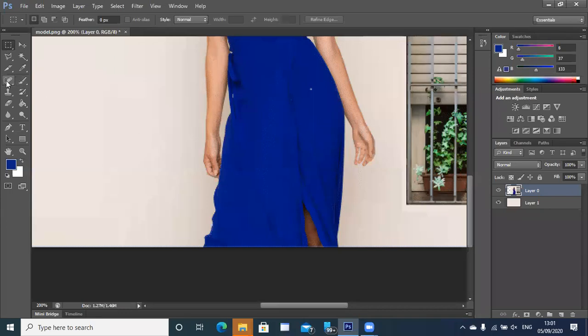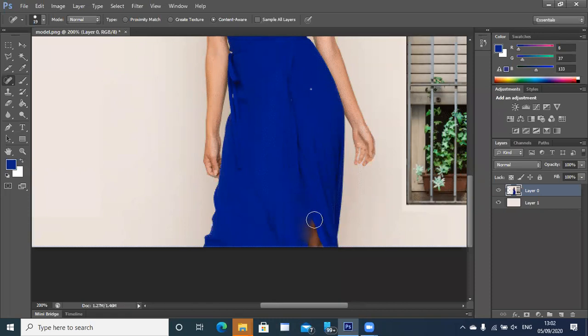How will I do that? So go to the spot healing brush. Move to the spot healing brush tool. Select the source area wherever you want to move the image. So what I will do is I will click the mouse where the sample surrounding area is there, and then I'll blend that area with this area. So let me just try it out. If I am doing it, look.